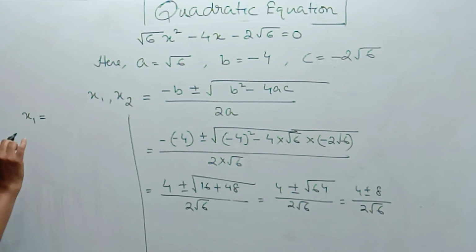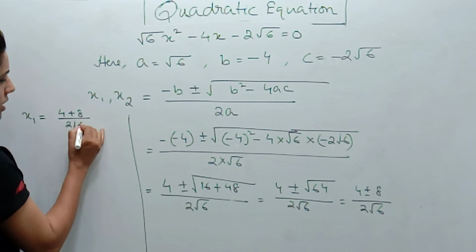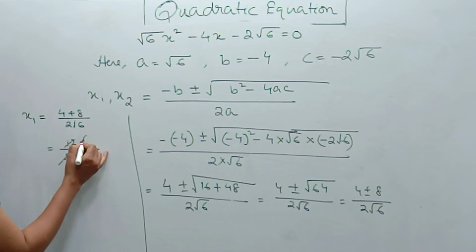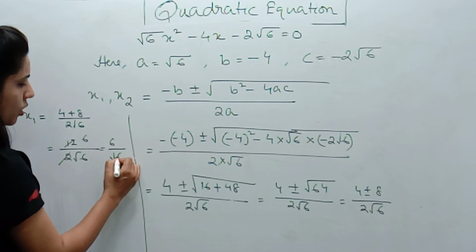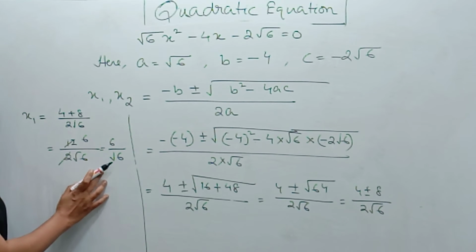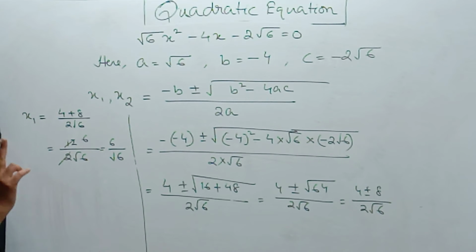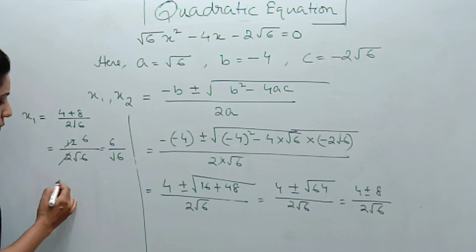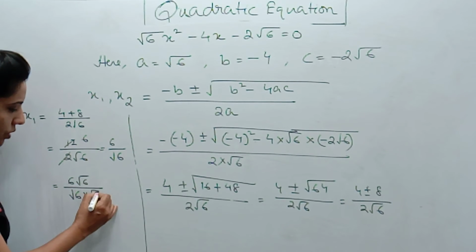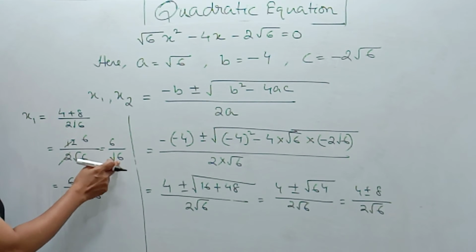Once you get till here, we have to separate out the roots. Once I'll be taking the plus sign for one root. So I'll take 4 plus 8 upon 2 root 6. That gives you 12 upon 2 root 6, 2 sixes are 12, so it is 6 upon root 6. Now remember, we cannot keep the root sign at the denominator. We have to rationalize the denominator, and this rationalization part we have learnt in 9th standard. What we need to do is, we have to multiply by root 6 up and down. So I am multiplying by root 6 up and down. Why? To rationalize the denominator.